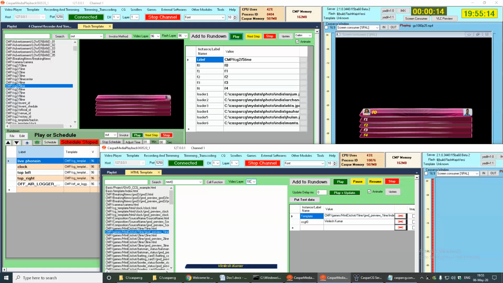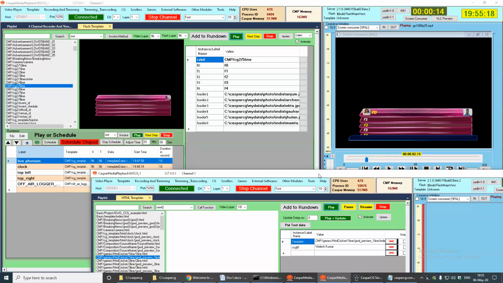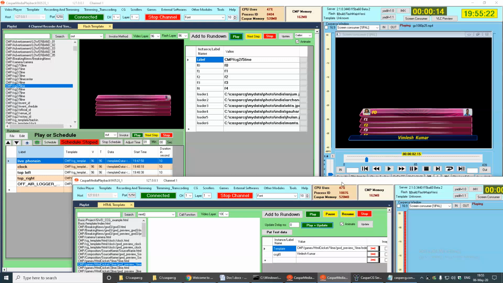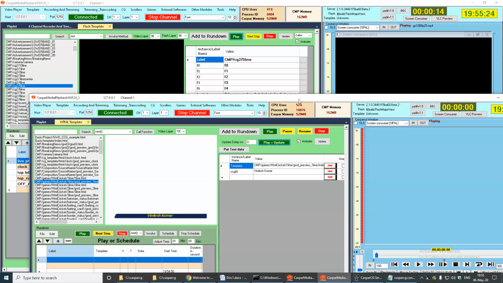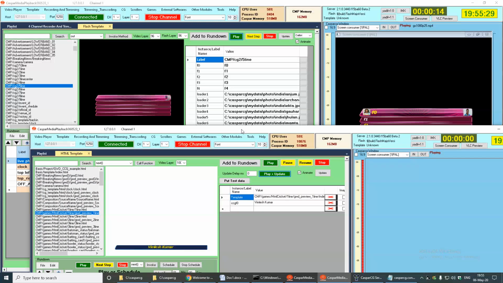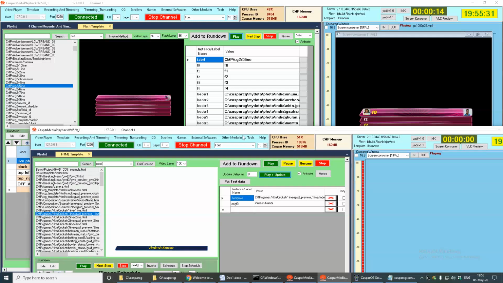I will select 100 and click the play button, so you can see this. Play with update, you can see this. So multiple instances of this client can be opened and operated.